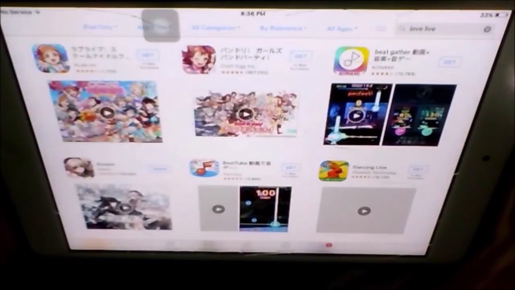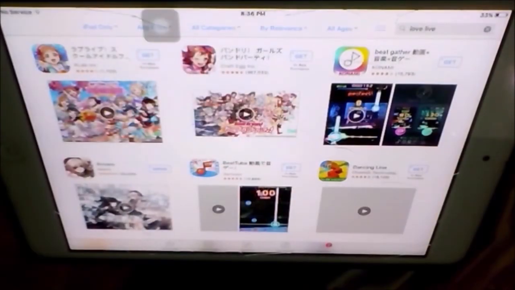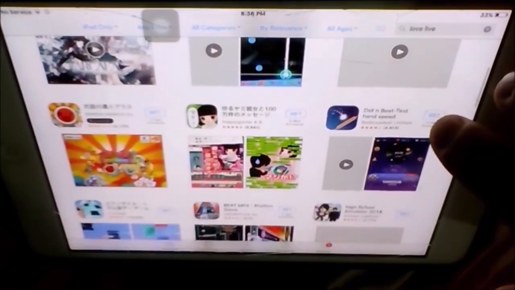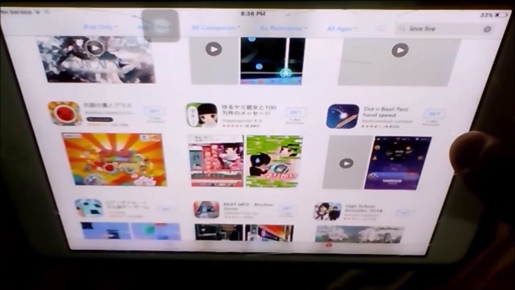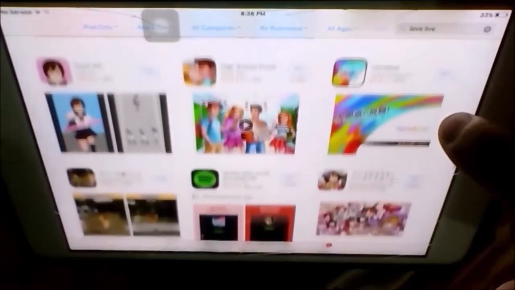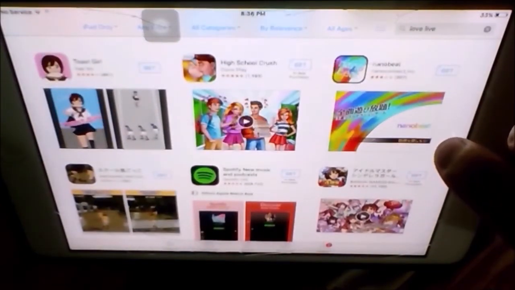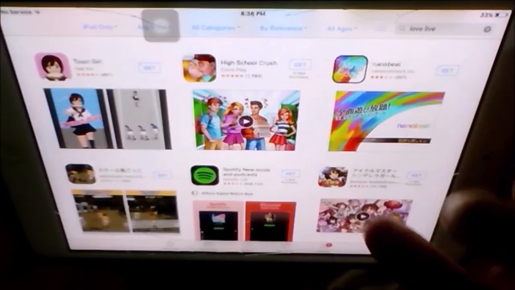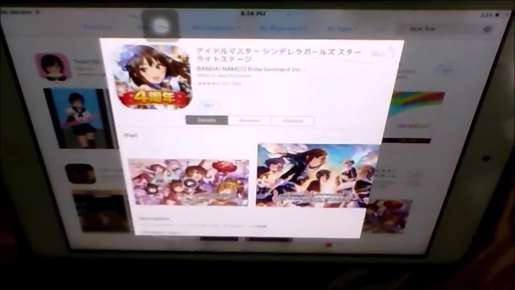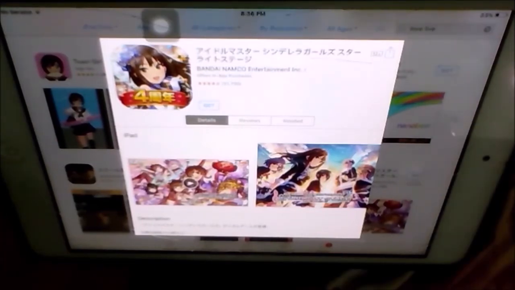And also there are still some games from Konami as well, like Beat Gatherers, and some games like Taiko, Bandai Namco, and yada yada yada. I mean, come on. There are a lot of games that are only available in Japan. Also, like the game Idol Masters Starlight Stage, and to be honest,